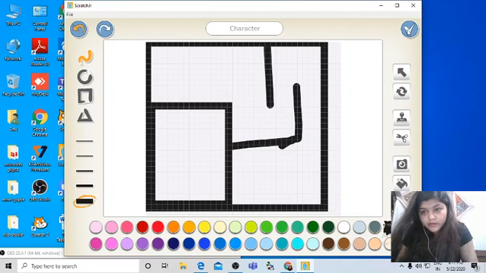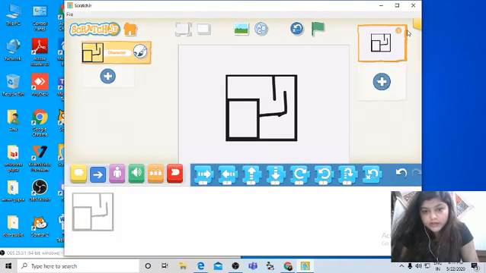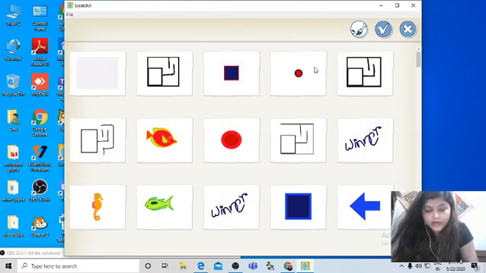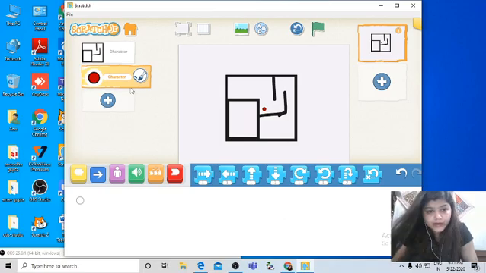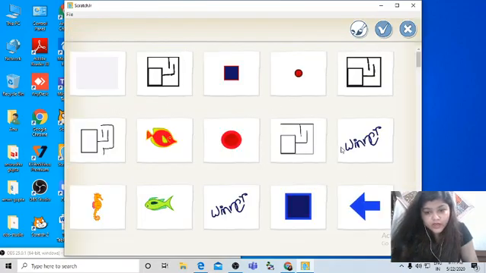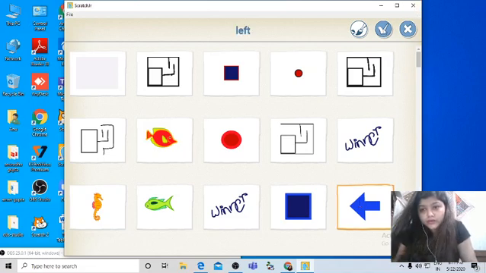I'm done with my maze. Like that, my maze is created. Now I want to add a red dot. Either I can choose this, or I can paint that character. For saving time, I'm just taking that. And in the same way you can create your left arrow, right arrow, downward arrow, upward arrow.